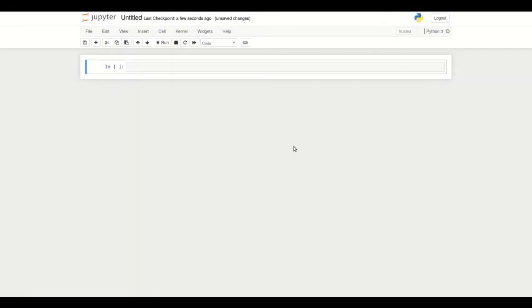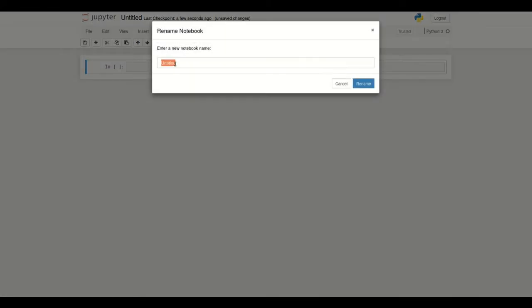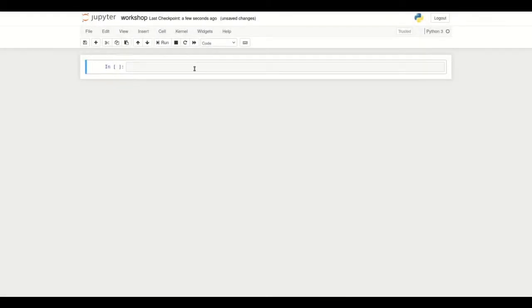Okay, so let's start with the coding part of the workshop. So here I have a blank Jupyter notebook open. I'm just going to change the name, give it a name like workshop, for example, and we can start coding right away. So first I'm going to import NetworkX, and I'm also going to import from NetworkX algorithms